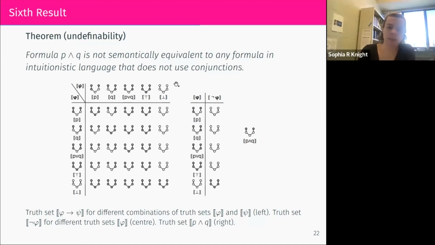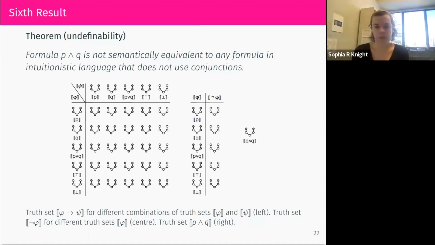Negation does not take us out of that set, keeps us in that same set, so we're still closed. So these are all the models you can build using negation and implication, starting from these P and Qs. And then obviously P and Q, remember, and is just the same as intersection, even in these models. So P and Q gives us this model, which is not definable through the other operators, as we see through the chart.